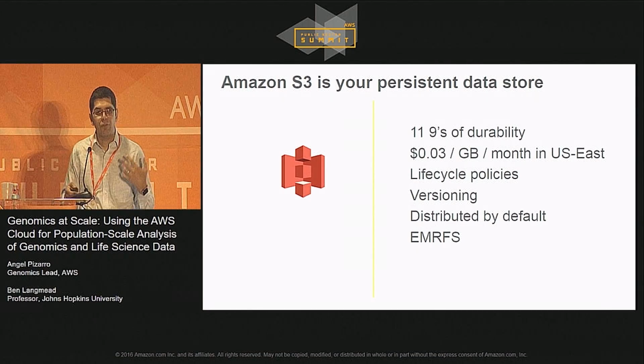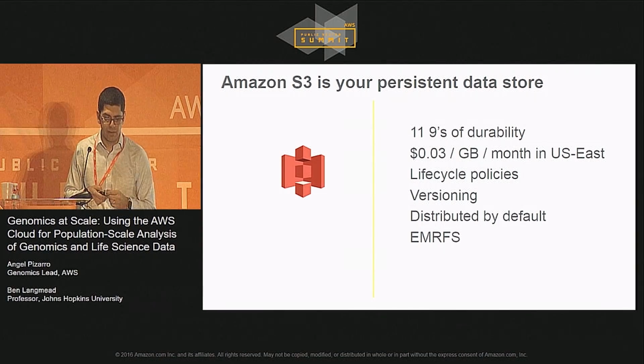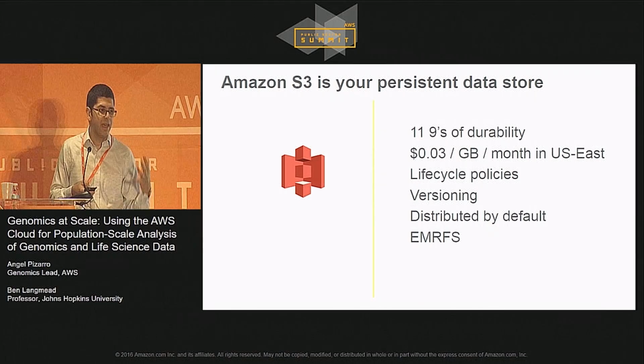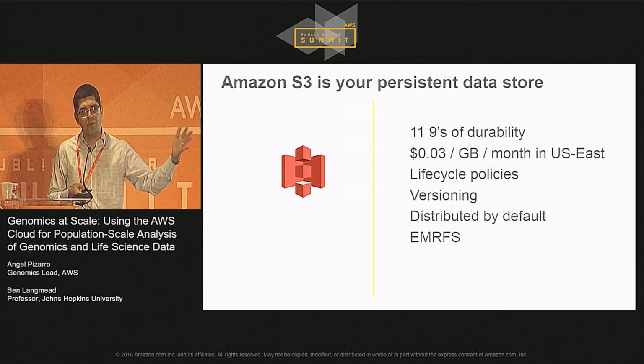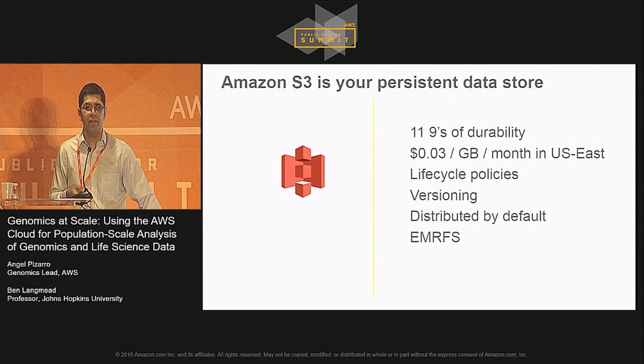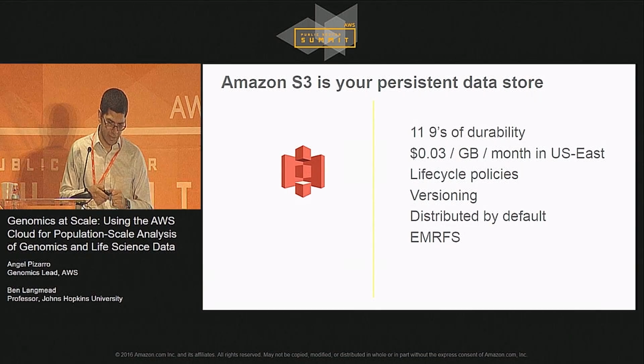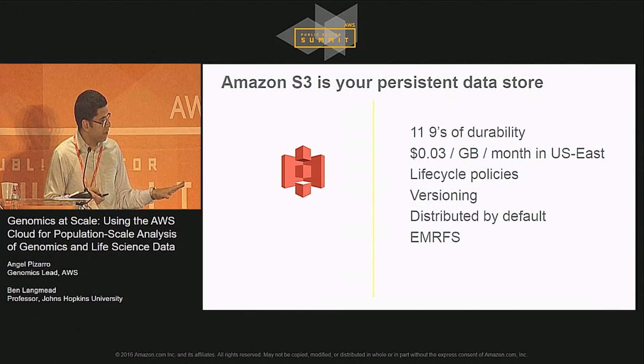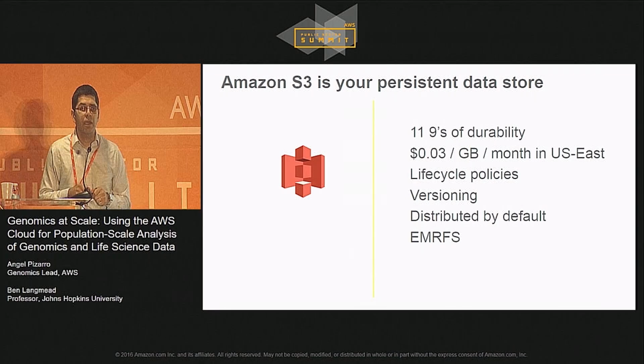We do continuous checksumming of data as we move it around the system. There are rich lifecycle policies, so you can say, I want this data that's been up here for 3 months to be put into an archive tier that's a lot less cost because I know I haven't accessed it beyond that. There's versioning, it's distributed by default, and in particular, it forms the basis of something we call EMRFS,